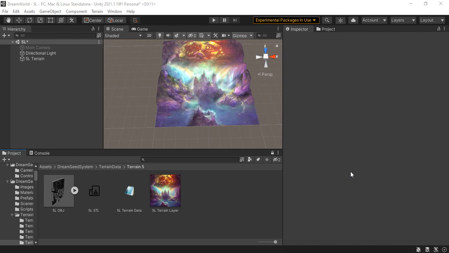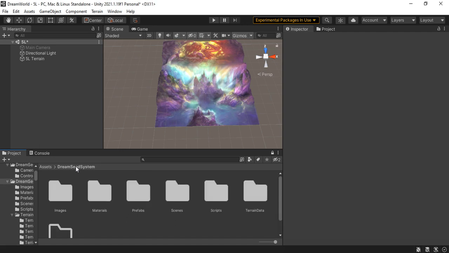Today we're gonna do a little bit of quick what I call dream terrain creation. It's a process that I've created to easily create terrains for this project I'm working on. And I want to share it with some of you guys out there. It may give you some ideas, but since the last video I made, I have gone through